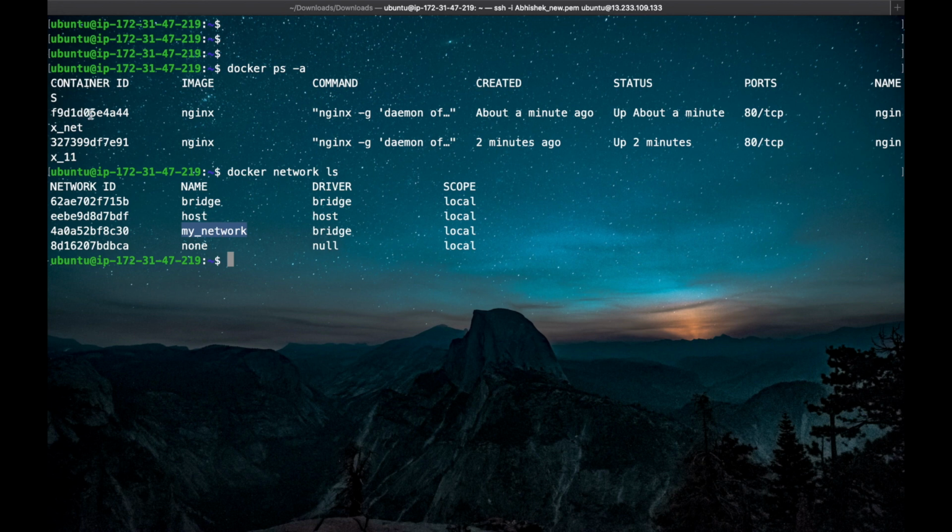For that, the command is docker network connect. Then we provide the network name and the container ID or container name. Once we execute this command, we can see in the my network inspect output that this container is attached to this network. Let's check here.